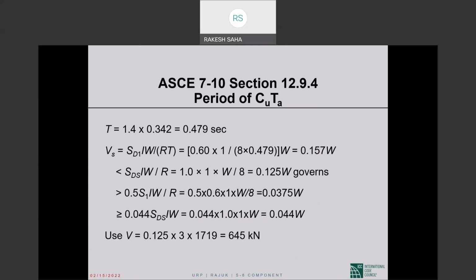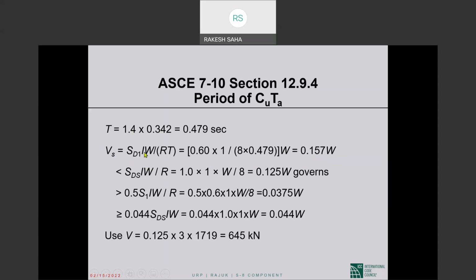We will go with 1.4 times the approximate period, which is 479 seconds. You should not do that without calculating the rational period, which we actually did. And the rationally computed period was much higher than 1.4 times T sub A. This is why we went with 1.4 T sub A. Without calculating the rational period, you cannot just jump there. Okay. So based on that period, C sub U, T sub A, the static base shear comes to